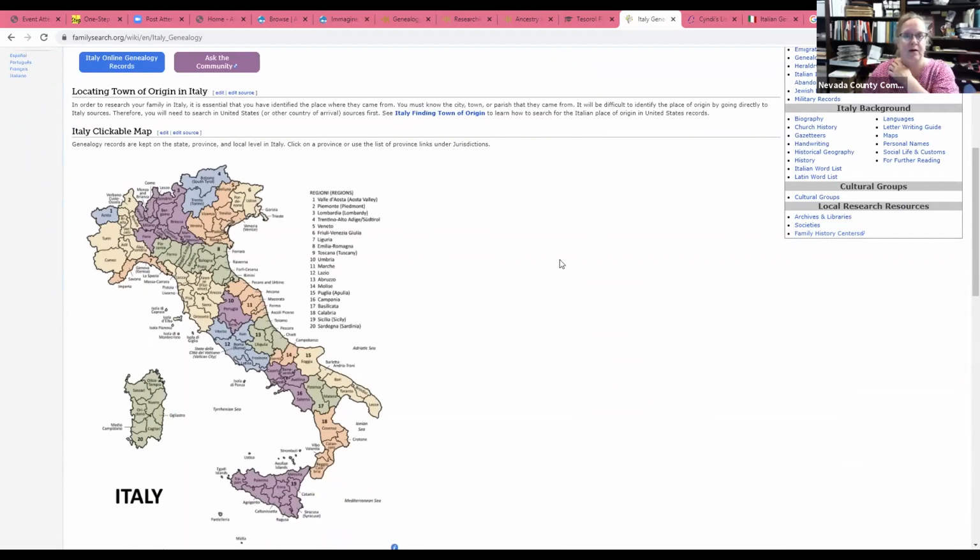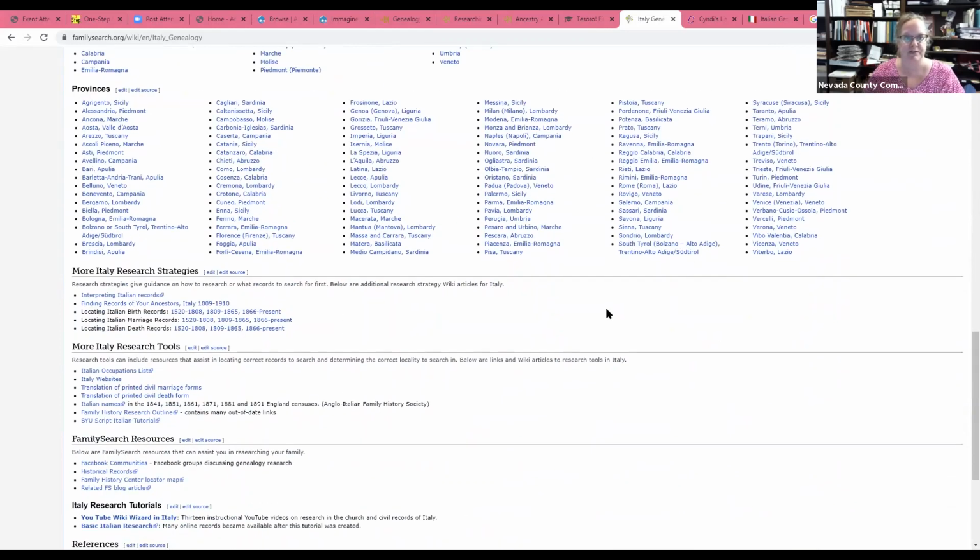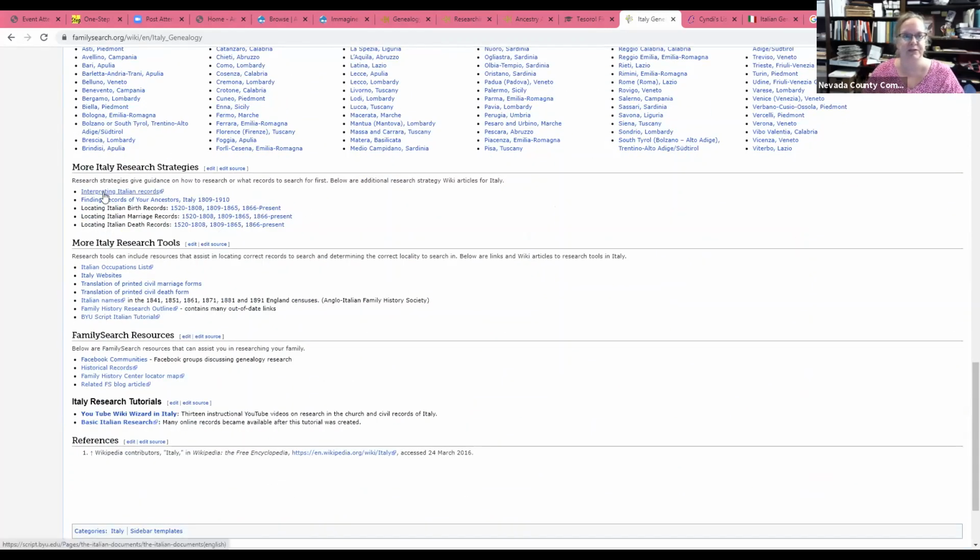There's clickable maps to different provinces. There's also Italy, finding town of origin to learn how to search for the Italian place of origin. It goes into more depth than what I have told you. Different regions, provinces. They have Italy research strategies. They've got information on interpreting Italian records, locating different types of records, and a whole host of other things. And Facebook communities for discussing genealogy research, which can also be a big help to you,